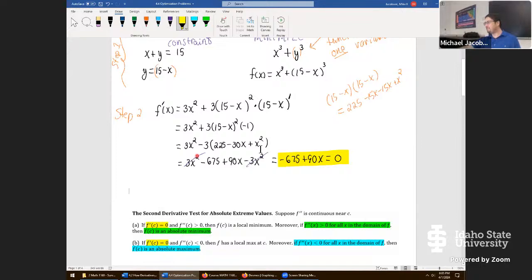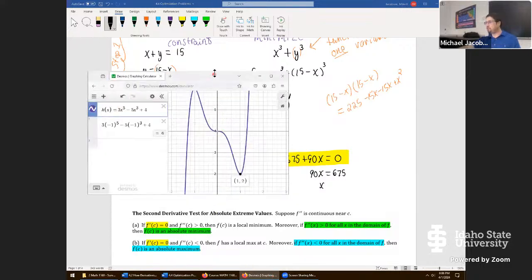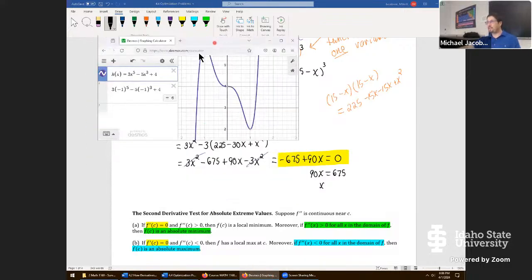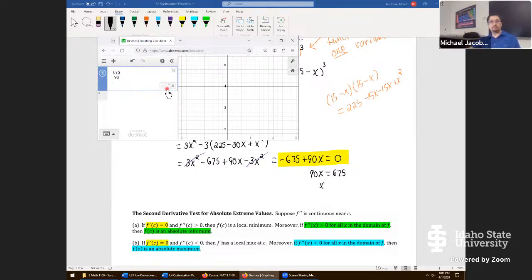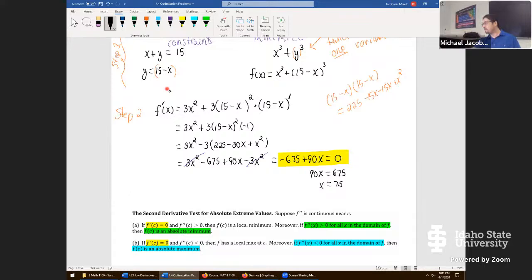So, well, it's not too bad. Coming back over here, let's go methodically with this one. Add 675 to both sides. 90x is now positive 675. Next, divide by 90. And I think that's where my arithmetic abilities completely end. Let me use a calculator on that one. 675 divided by 90 goes evenly 7.5 times. So x equals 7.5 is the critical number